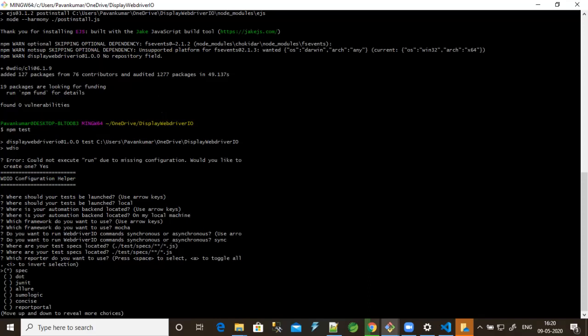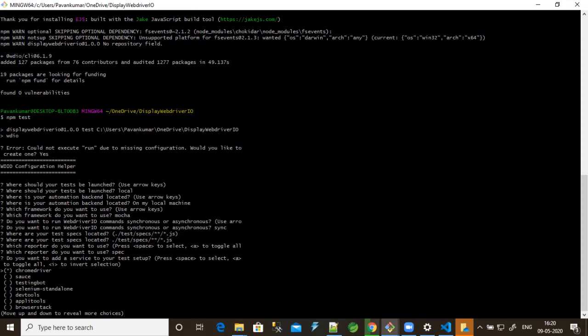Which reporter do you want to use? It is asking for the reports to choose from, like spec, dot, JUnit, Allure, and some more. In Selenium WebDriver we need to install reports like Allure, Extent, and a few more. Here it is the same, but it does not have Extent reports. It has Allure reports, spec, dot, and JUnit. JUnit is nothing but XML reports. I'm going with the spec reporter, and I will go with the remaining ones later.